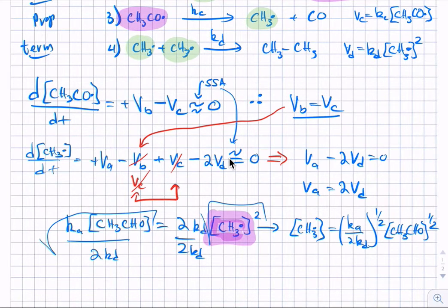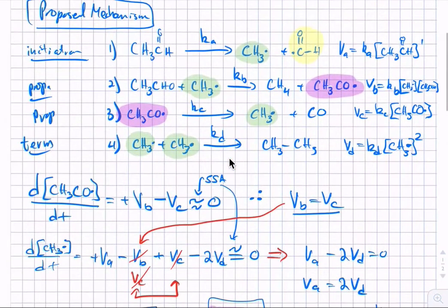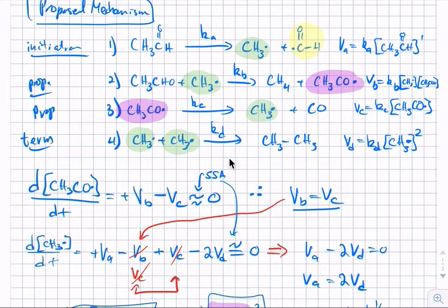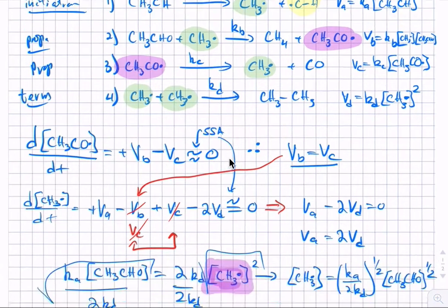Let's just remember that that is the radical. We can also go back and set Vb equal to Vc and solve for the aldehyde minus the proton, that radical. But as it turns out, and we'll see momentarily, that's not actually very useful